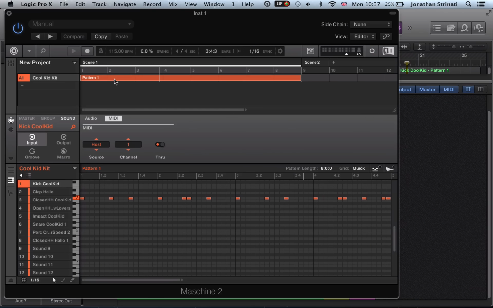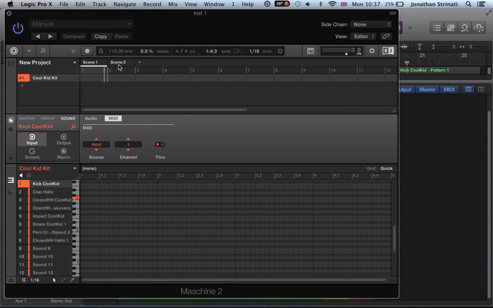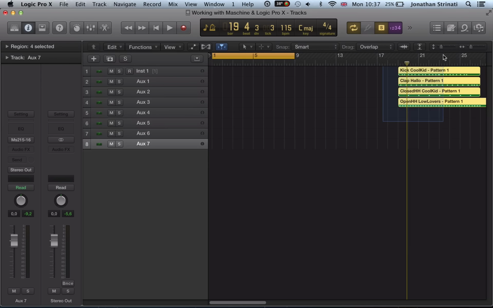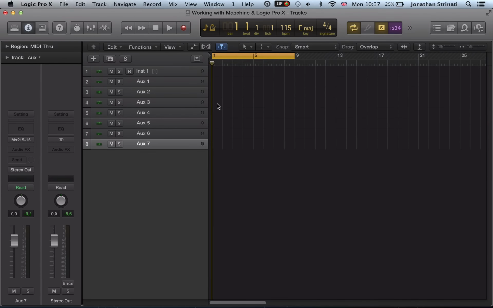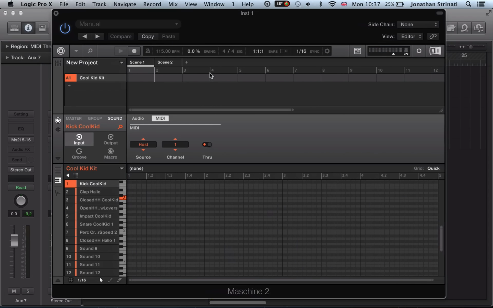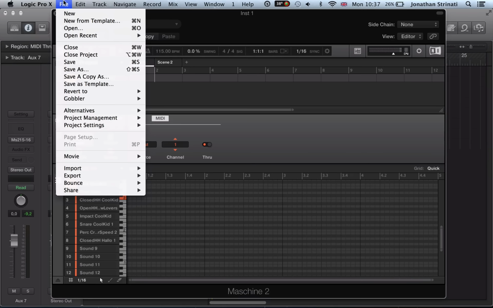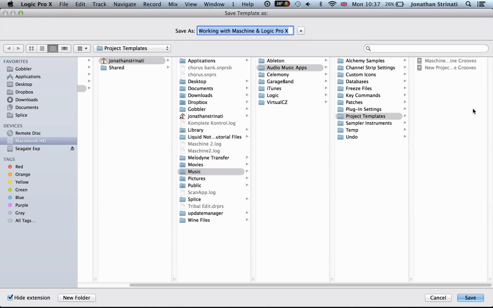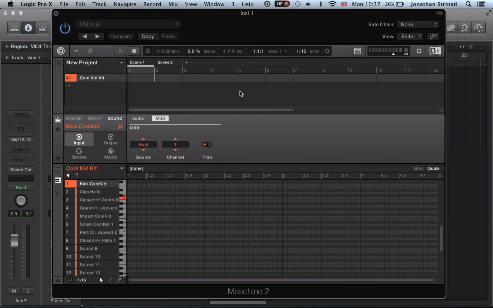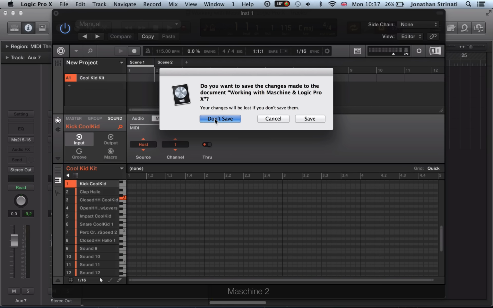What I could do is just get rid of that pattern, get rid of this MIDI here, and I could just save this as a template. So go to Logic and File, Save as Template, and then I could save it as working with Maschine and Logic Pro X. I think I've got one of these already, I think. So save that. So then when you come to load, so if I shut down Logic now,